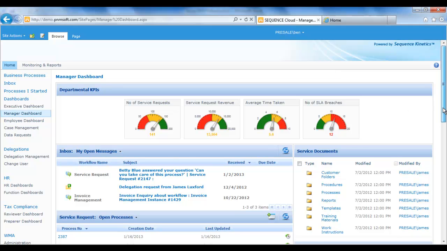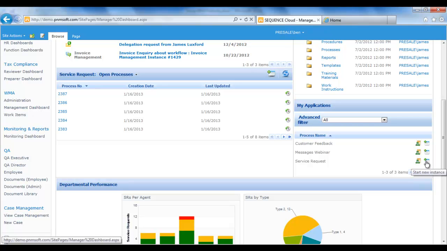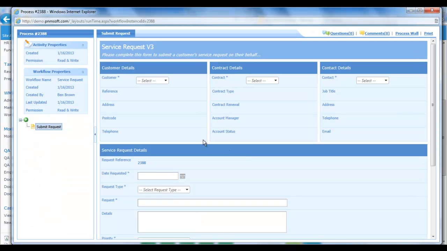So Ben is going to kick off a service request, which he's received from a customer. This is the initial form of that request, and Ben begins to fill out the fields of the form. And at some point, Ben decides that it would be important to add a comment which other process participants are going to see. And to do that, he simply clicks here on comments,